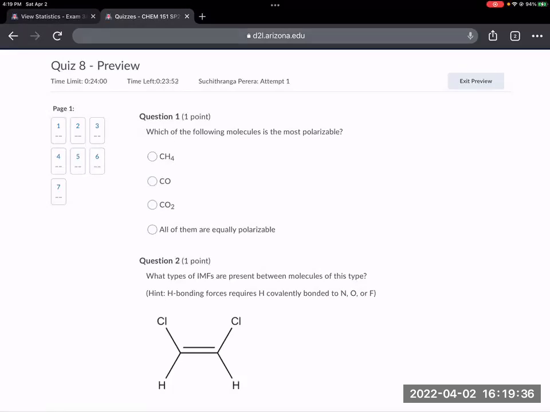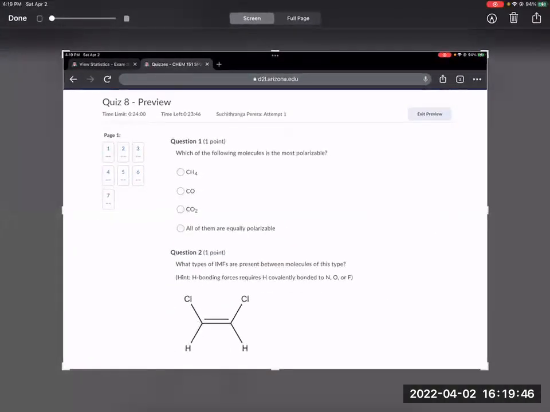Question number 1 is, which of the following molecules is most polarizable? Again, when it comes to polarizability, it depends on the number of electrons and the size. Now the first thing I would do when we get a question like this is to count the number